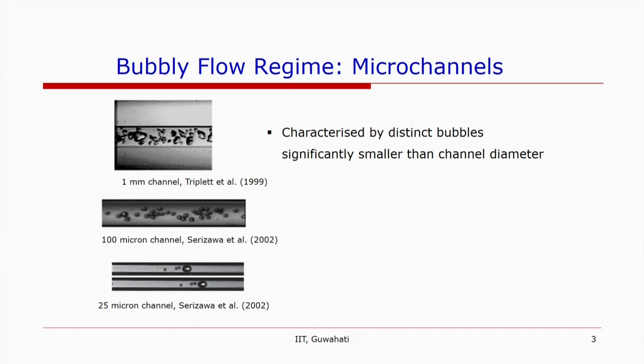So, let us define the flow regimes one by one. So, for the bubbly flow regime, I have put 3 pictures from 3 different publications, or 2 are from the same publication actually. So, this is the bubbly flow in 1 mm channel, in 100 micron channel and 25 micron channel, all for air water flow. So, bubbly flow is characterized by distinct bubbles. So, one can see there are bubbles